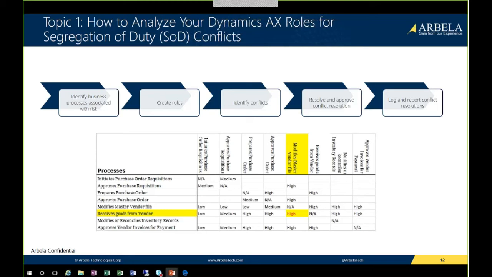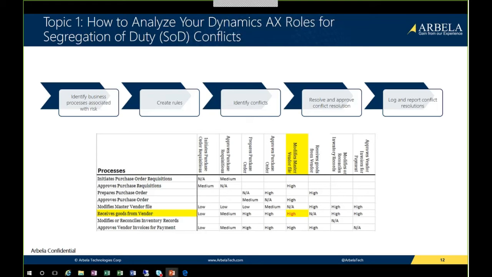We have standard matrices, and we have standard assignments of risk. However, it's more important for us to see what you perceive to be your high areas of risk, right? You know your employees better than anyone. So that's the first step. Second, we take those matrices and we model those into the segregation of duty rules. We can also take your IT controls and model those directly into the rules as well.